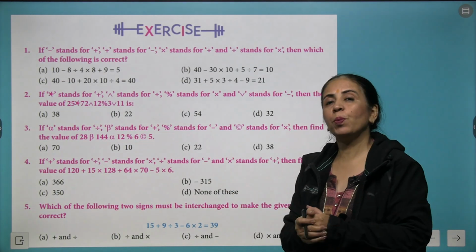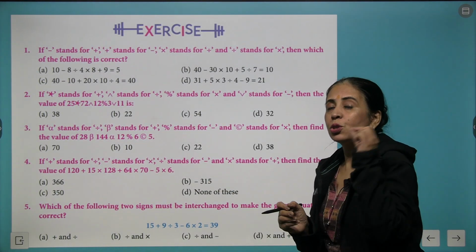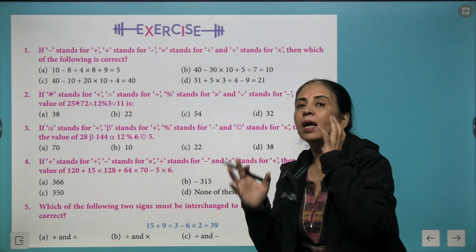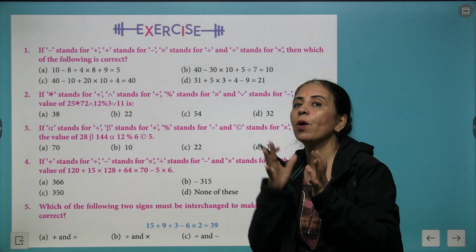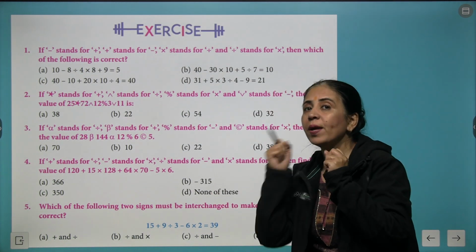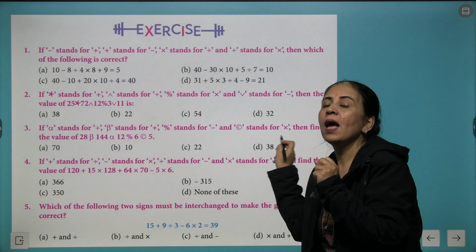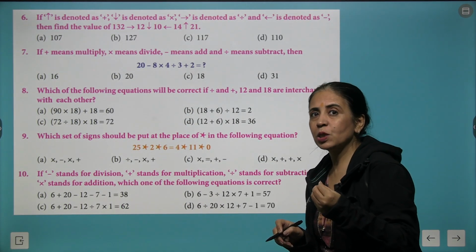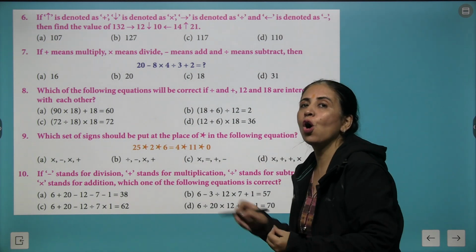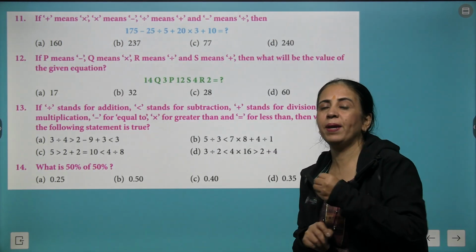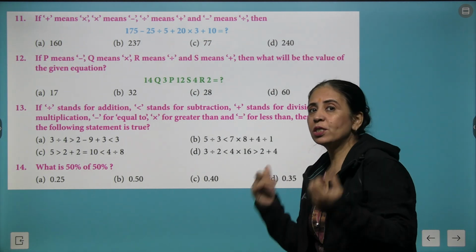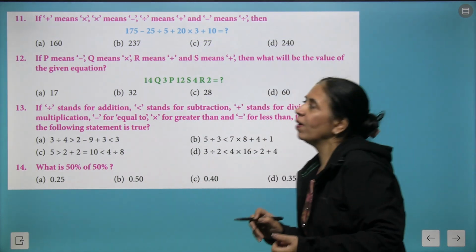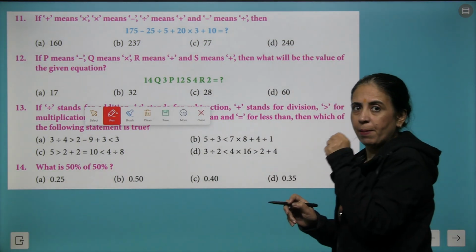Further, we have brought more questions based on it. So remember children, when you start doing these questions, it improves your mental balance, it increases your thinking capacity, and it improves your mental skills. So your mental maths will be improved and your cognitive skills will be enhanced by doing the questions of this pattern.